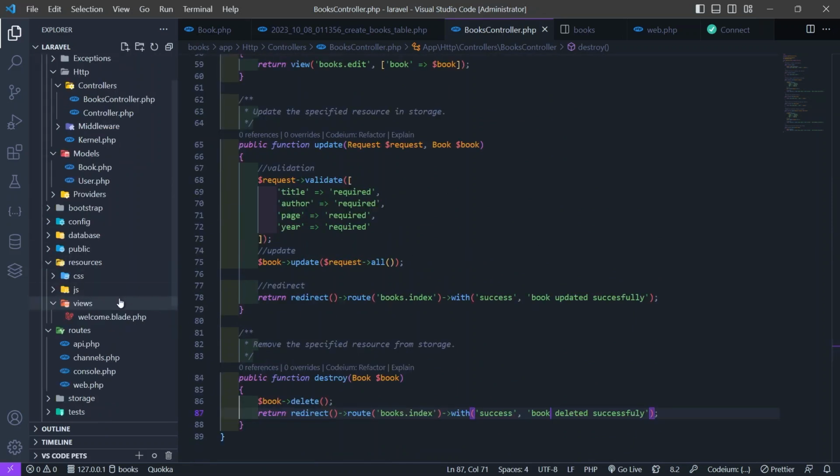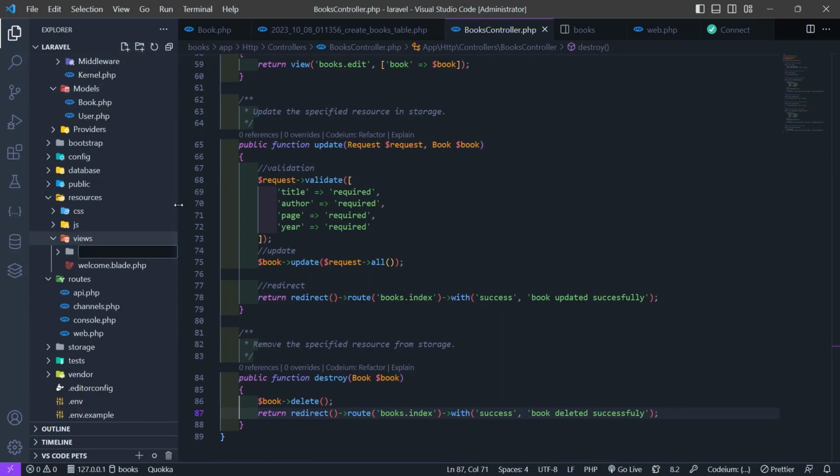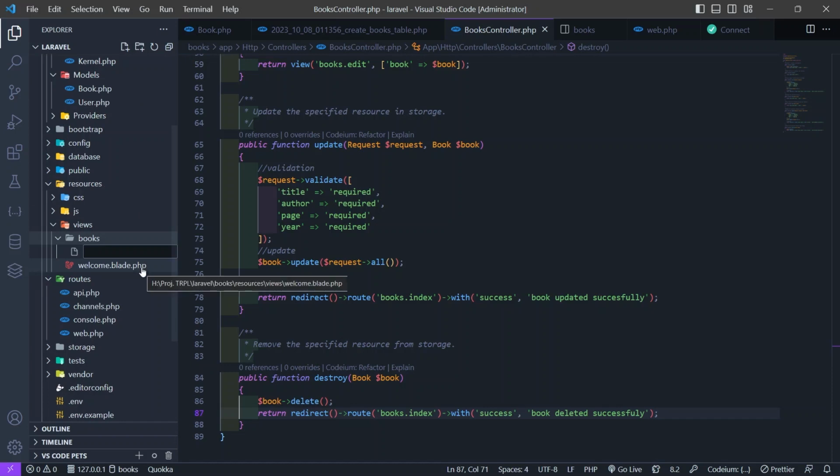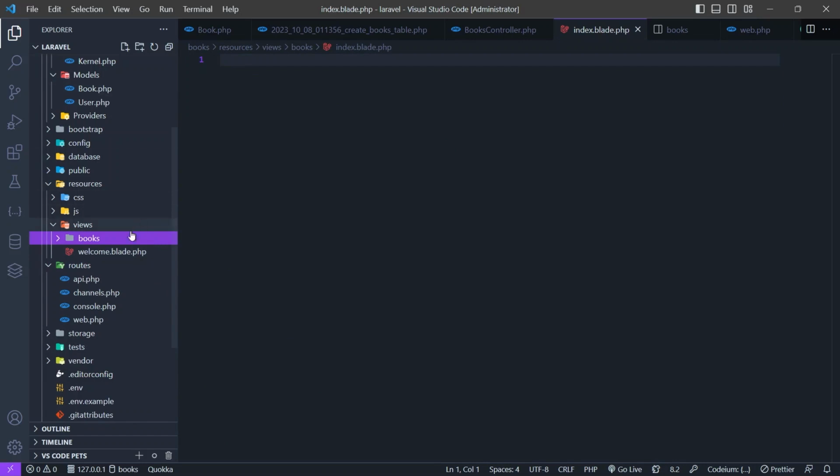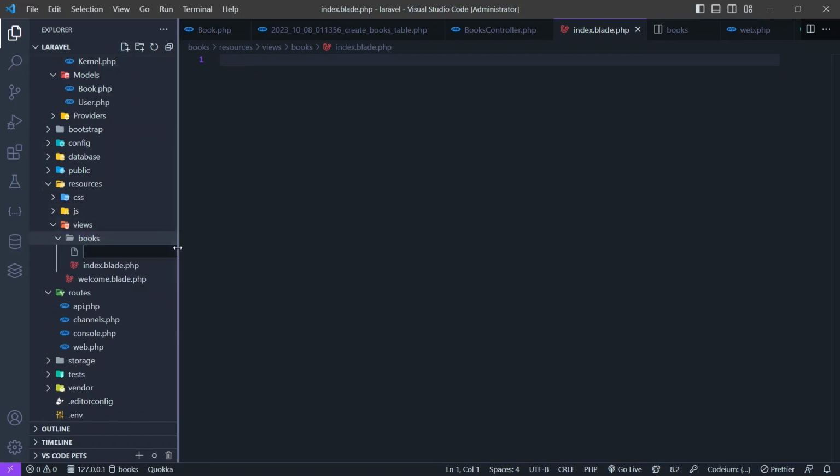So now let's create the books in the view folder. So create a new folder called books, and then inside of this books folder we need some files called index.blade.php, and then another one create.blade.php,